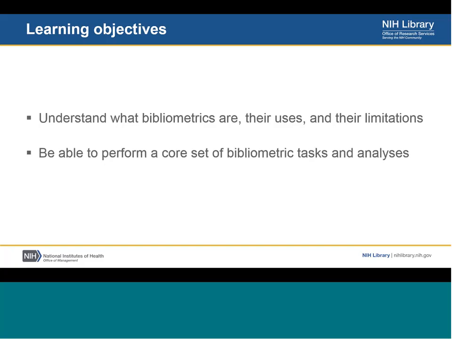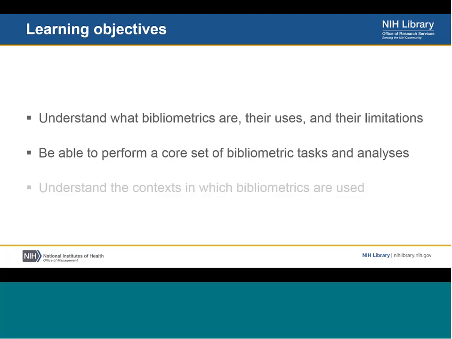The primary learning objective, as I mentioned a couple of times, is to enable you to be able to perform a core set of bibliometric tasks and analyses. So what we're going to cover is essentially what we consider to be the core set of skills necessary for doing bibliometrics. Obviously, this is just our set of core skills, but our goal is to make you able to provide these services